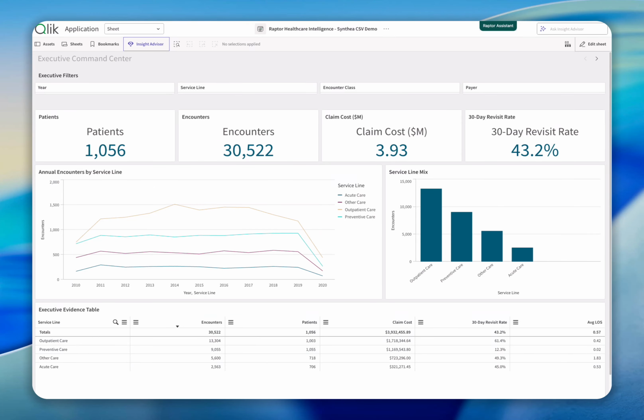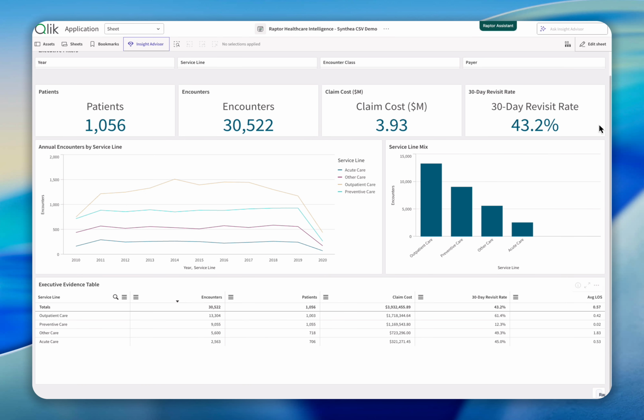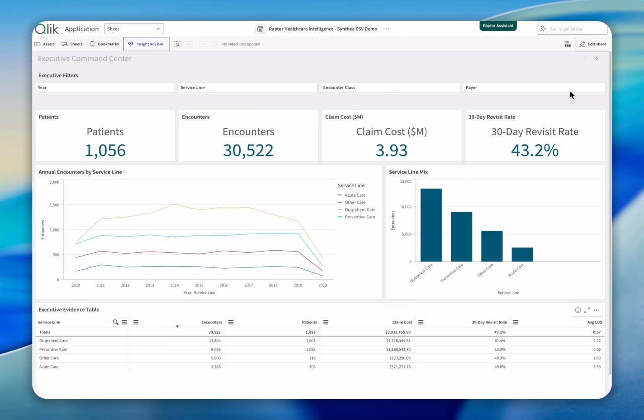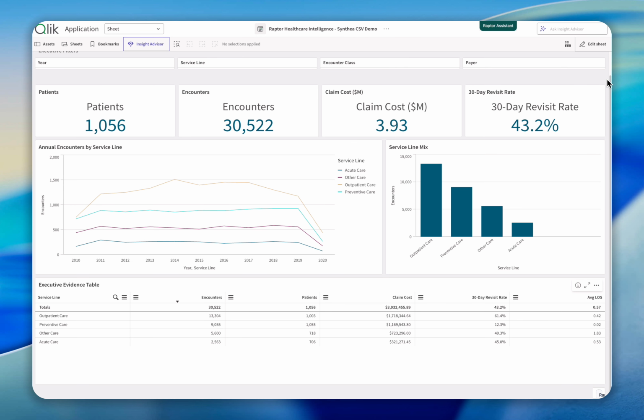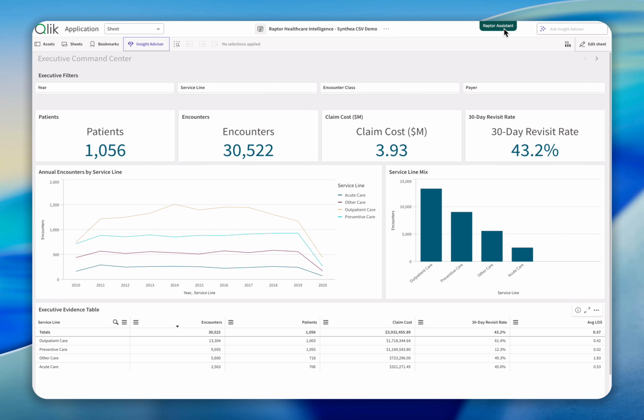Hi there. I'm just going to show you a quick demo of the Raptor Assistant extension that's available inside the Qlik Sense applications. The Raptor Assistant is just an object that gets added to a Qlik sheet, as you can see down here. What you can also do is hide it so that it does not become visible to anyone. But once you've added it to the sheet, it activates the assistant and makes it available to